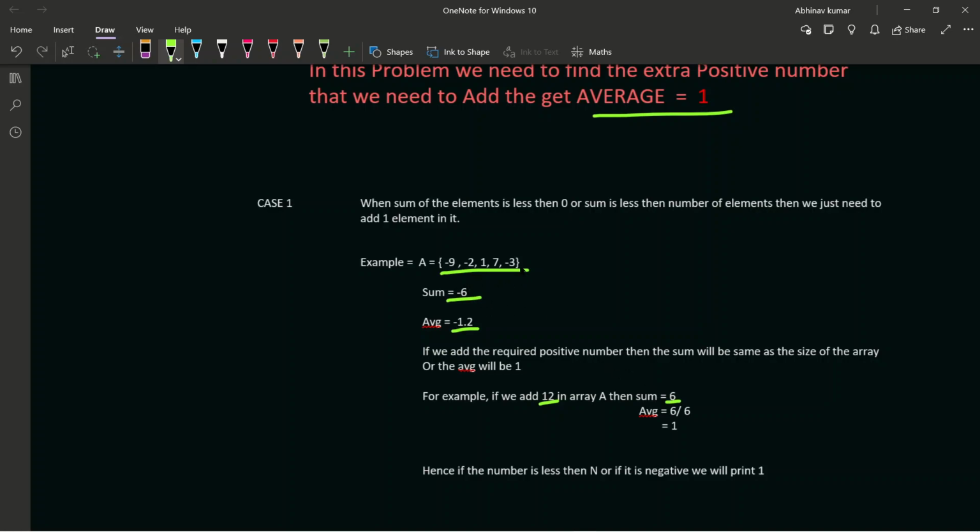The number of elements will be 6 as well, since the array is 9, -2, 1, 7, 3, -3 and then 12, and if we divide, the average is going to be 1. Hence, if the sum is less than n, or if it is negative, then we just need to print 1. So this is what case 1 tells.